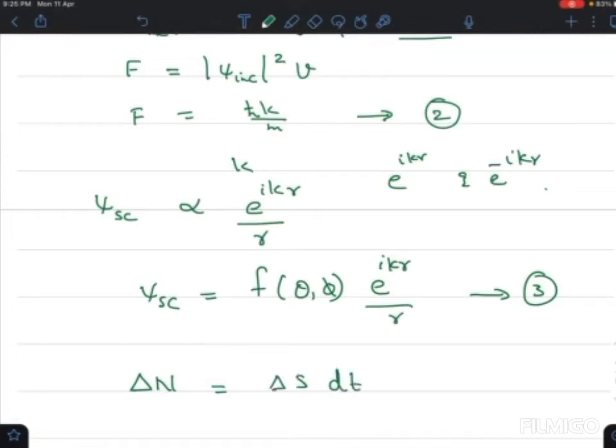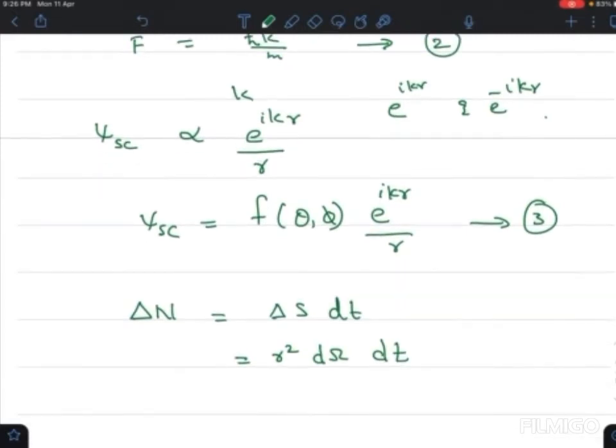Now what is delta s? It is nothing but r square d omega into dt. Therefore, we can say that the number of particles delta n into a small solid angle d omega can be written as modulus of psi scattered square